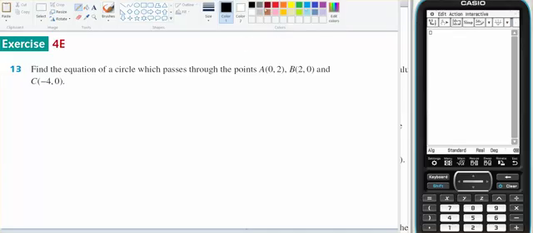This is for Year 11 methods. It comes out of 4E, number 13. Find the equation of the circle that passes through these given points. Now, given the information I have,